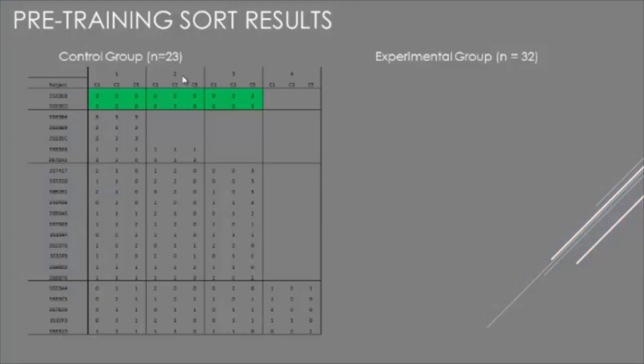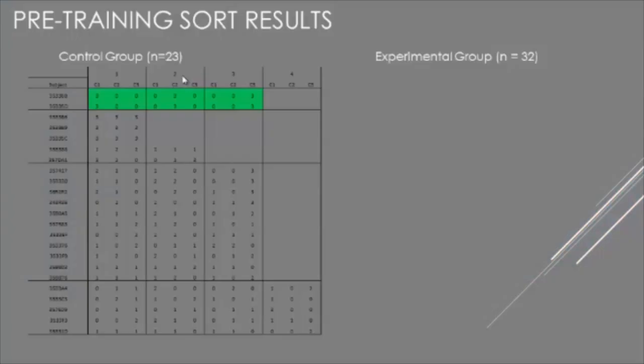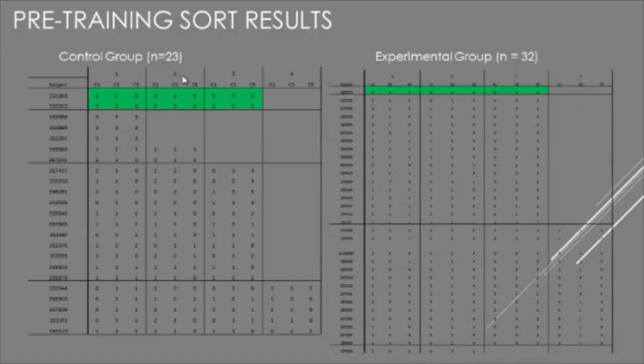But what we have here are data. For the control group, the lecture-only group, only 2 of 23 students actually organized the material correctly prior to the lecture, which is a little bit disappointing because nobody did the reading. When we go to the experimental group, it means the same thing. Only 1 of the 32 students knew the material prior to coming to class, which was good because that tells me, 1, they're going to learn something in my lecture, and 2, I'll be able to evaluate the